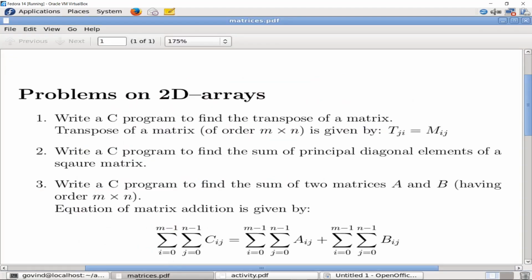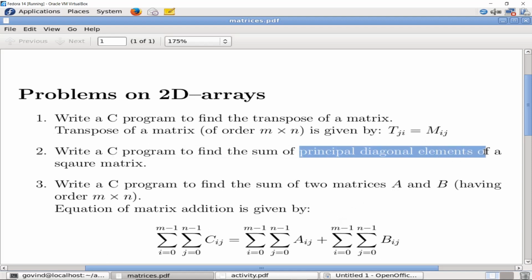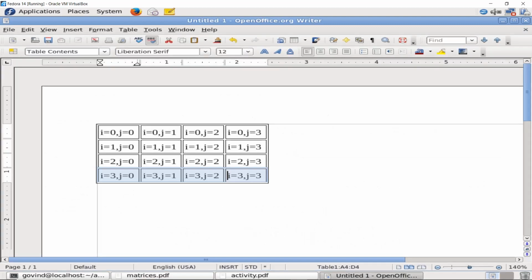The second problem definition says: write a C program to find the sum of principal diagonal elements of a square matrix. What do you mean by principal diagonal elements of a square matrix? It means the elements having the row as well as column count the same.